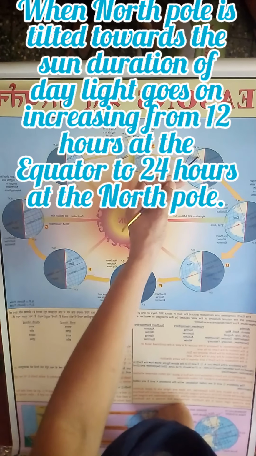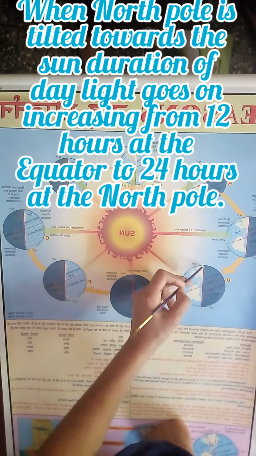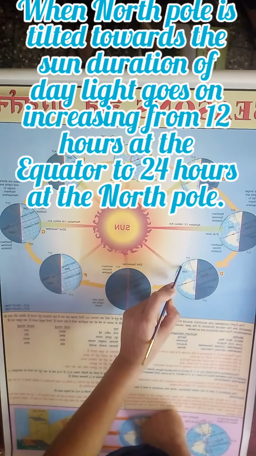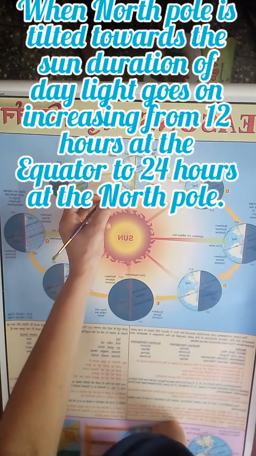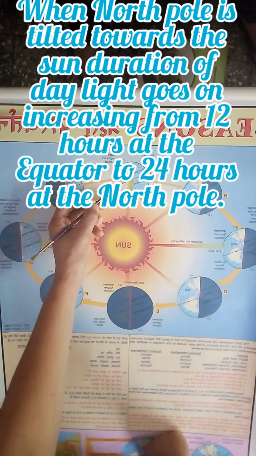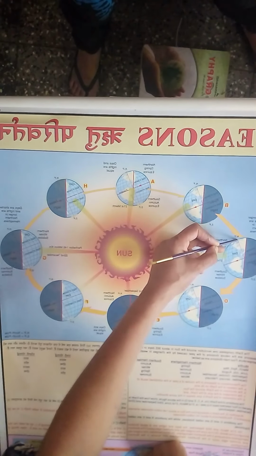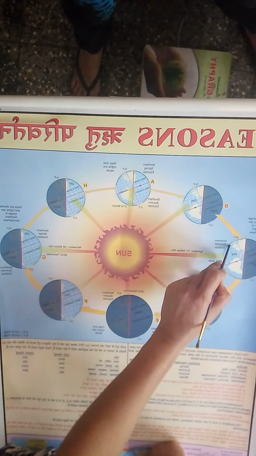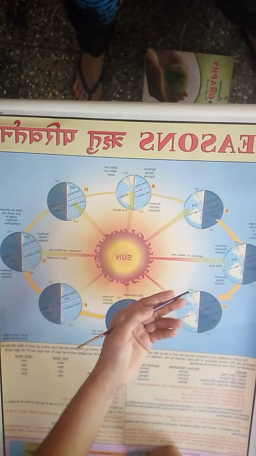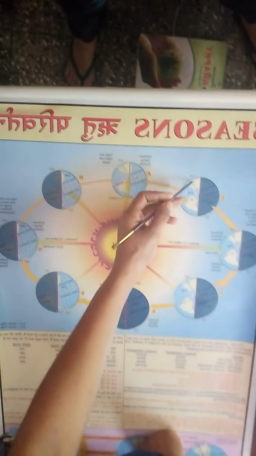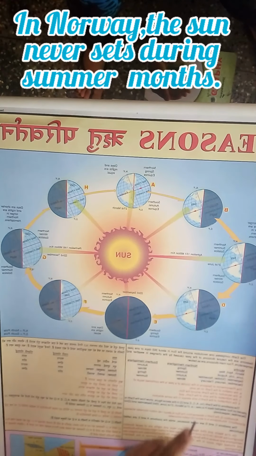So from this diagram, during the Uttarayan movement, from the spring equinox to the autumn equinox, the north pole is tilting towards the sun, and all this area experiences sunlight. So up to the north pole, the duration of the daytime increases. In the equatorial region, it will be 12-hour daytime, but going towards the north pole, the duration of daytime keeps increasing, and at the north pole or beyond the Arctic Circle, it will be day for many months. That means it will be 24 hours daytime, and for 6 months the north pole will experience complete daytime.